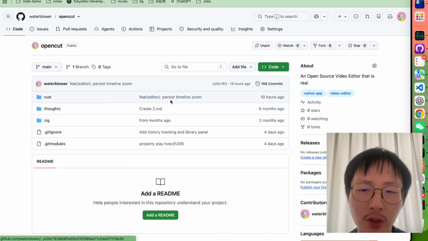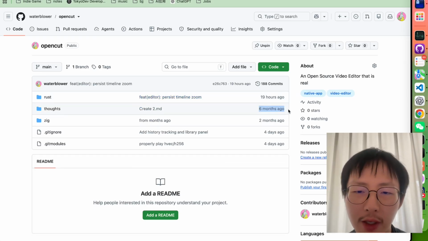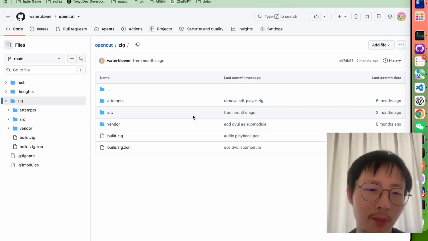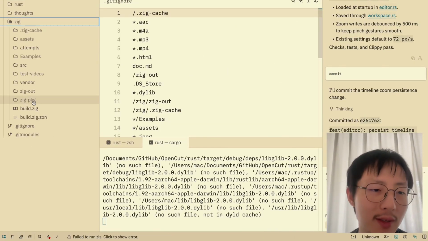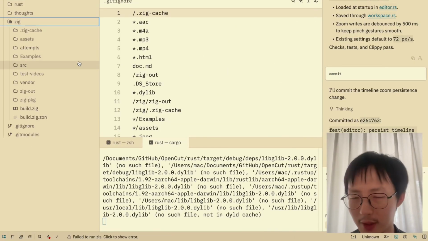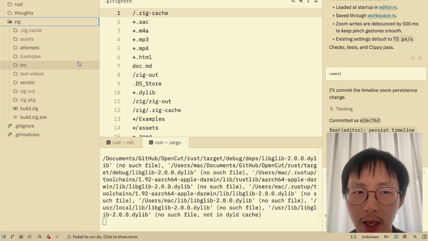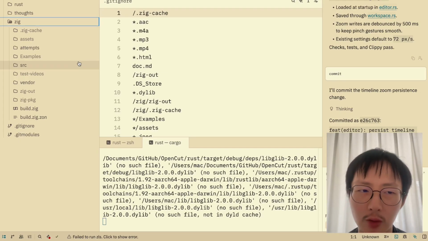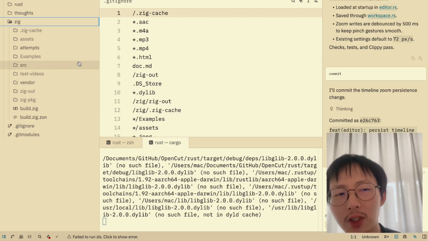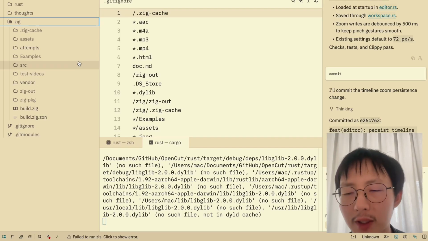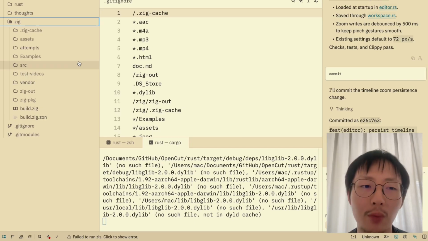I actually started this idea more than half a year ago, when I tried the same idea with Zig, but I didn't go very far, because one, AI is just not as good at writing Zig, because Zig is a newer language. But most importantly, the toolkit in Zig is not that mature. The Zig compiler and the language itself is, I believe, mature enough for my project, but I need an intermediate mode GUI framework, and there's no mature GUI framework in Zig yet.